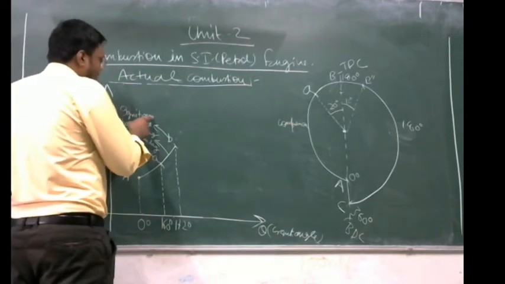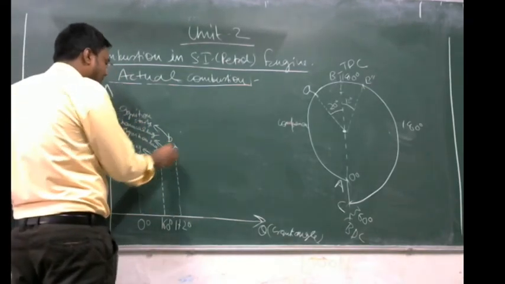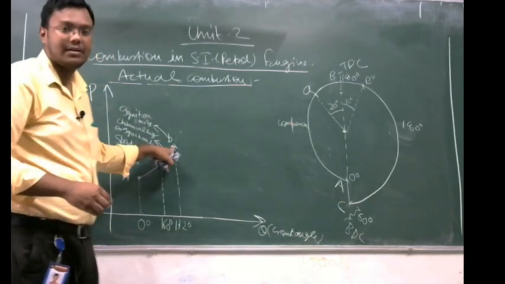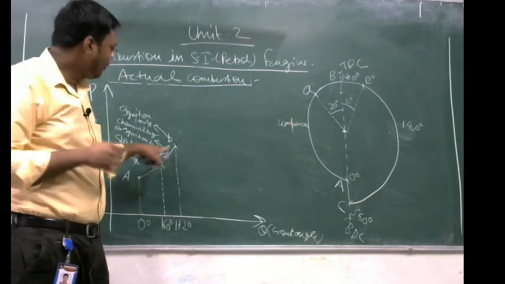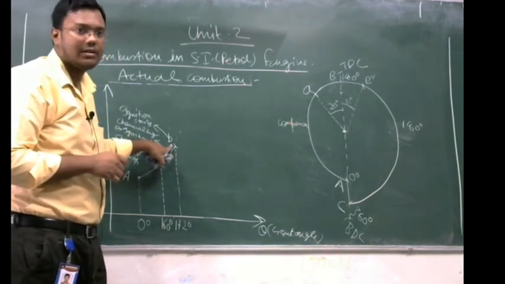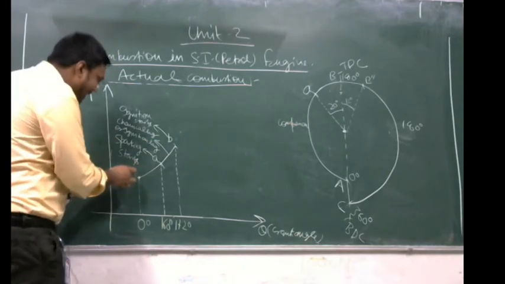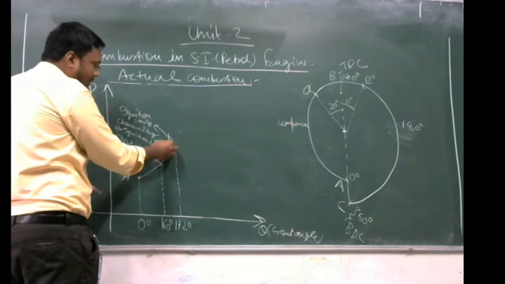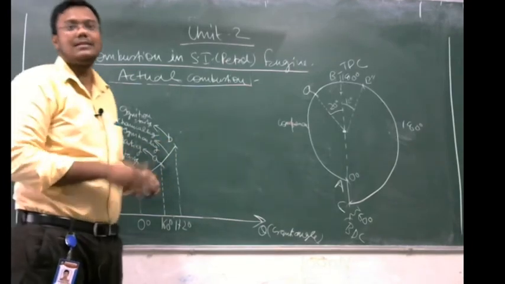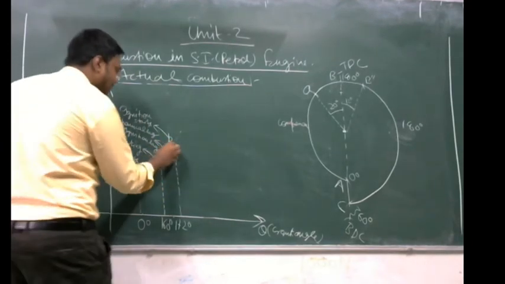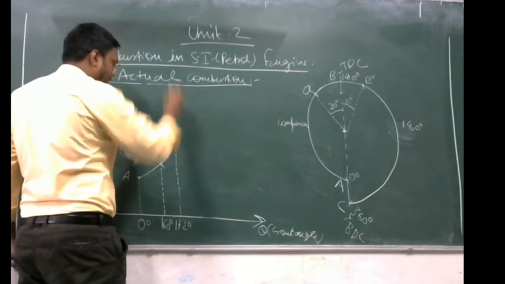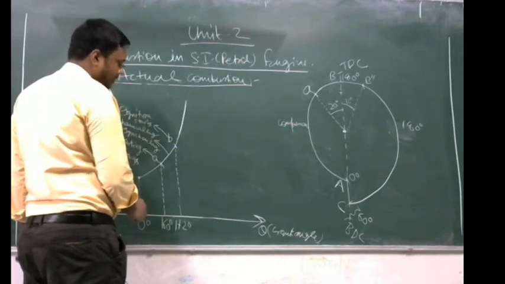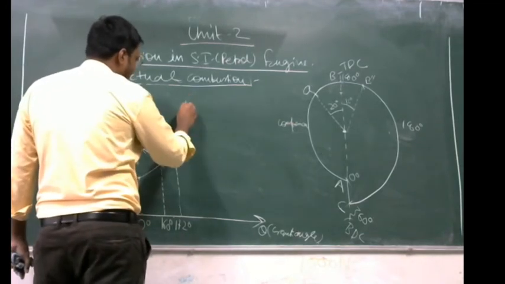Now, when ignition starts at point B, when combustion starts at point B, from point B the pressure rise is very rapid, very sharp. The pressure rise is not gradual here. From A to small b, the pressure is gradual, as we have shown by the curve, but after B, when combustion takes place, the pressure rise is very sharp. We have to draw an almost vertical straight line, so it will be like this.